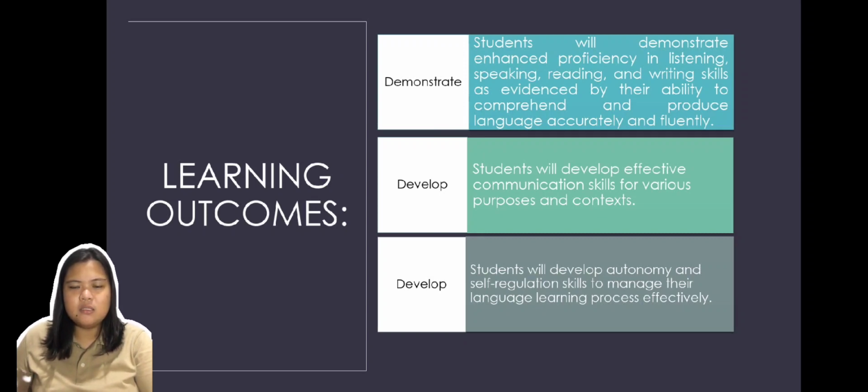The second one is the students will develop effective communication skills for various purposes and contexts. And then the last one is the students will develop autonomy and self-regulation skills to manage their language learning process